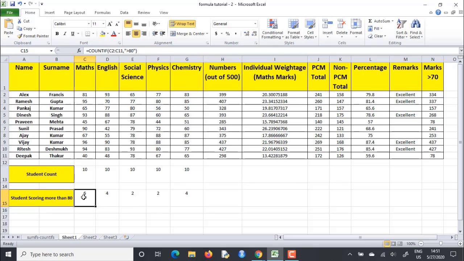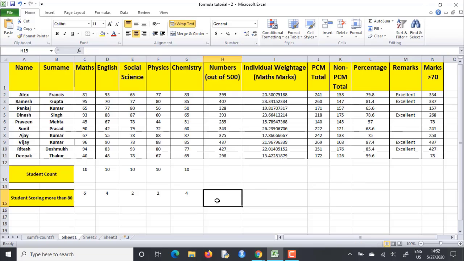Here you can see that I printed out the count of the students who scored more than 80 marks in mathematics, greater than 80 marks in English, greater than 80 marks in social sciences, and similarly for the physics and chemistry part as well. Then we used the sum if function to sum all the marks of a particular student which are only greater than 70. So out of these 5 subjects, only those marks were added which were greater than 70.